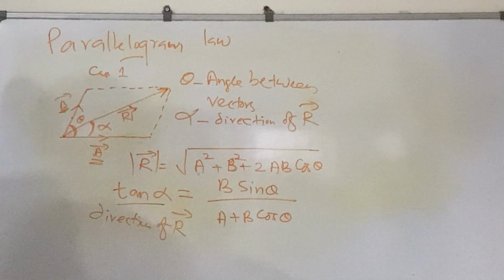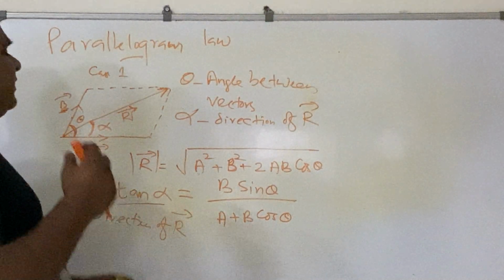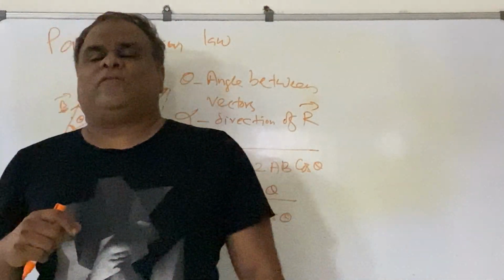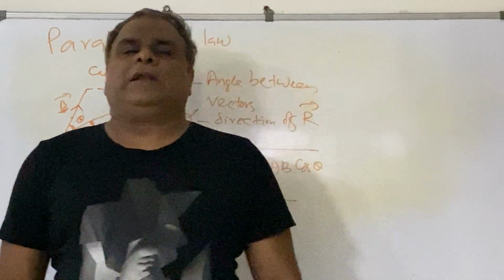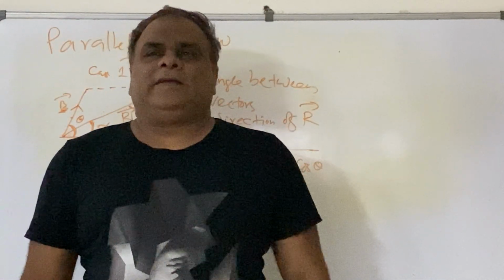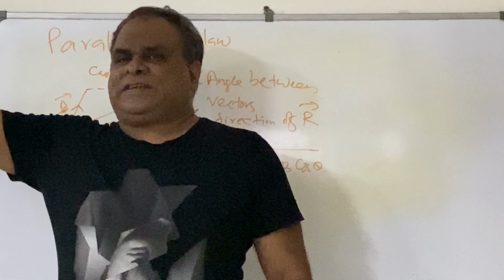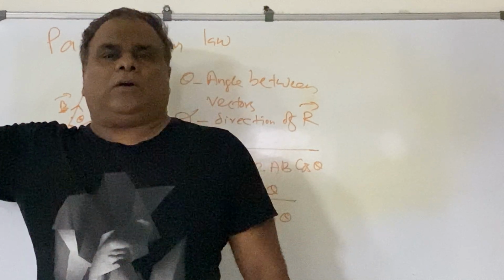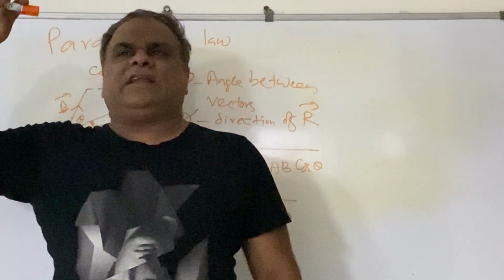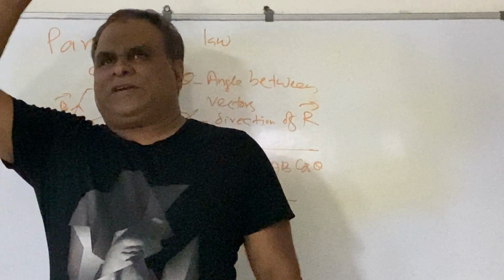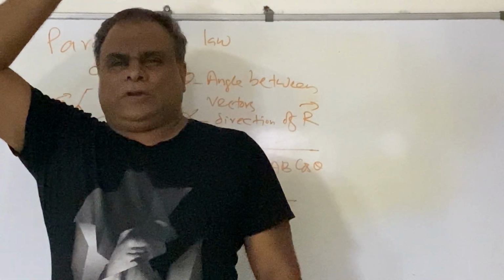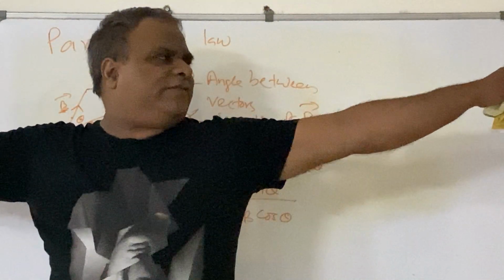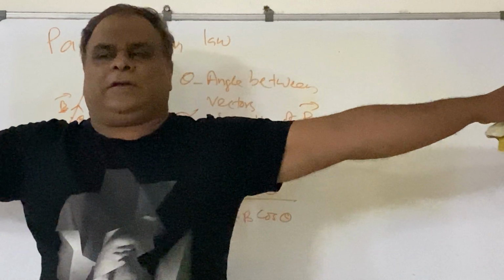So that's parallelogram law. Now, one important thing in the case of parallelogram law is, see, one vector is acting in this direction, okay? Or you can think like this as well. One vector is acting like this, that means in this direction, and another vector is in the opposite direction. That means